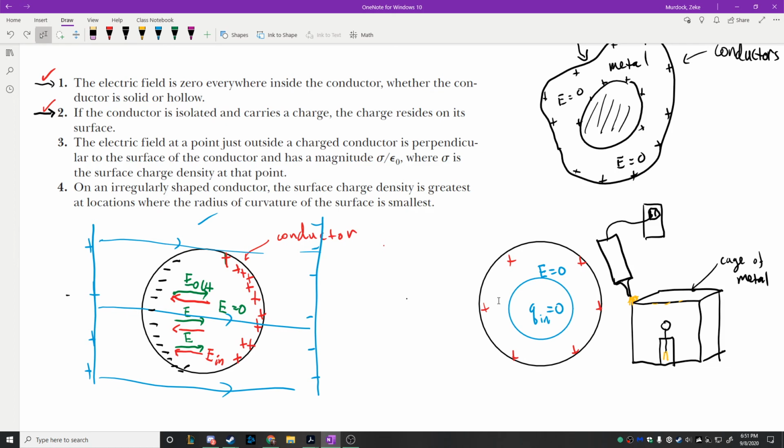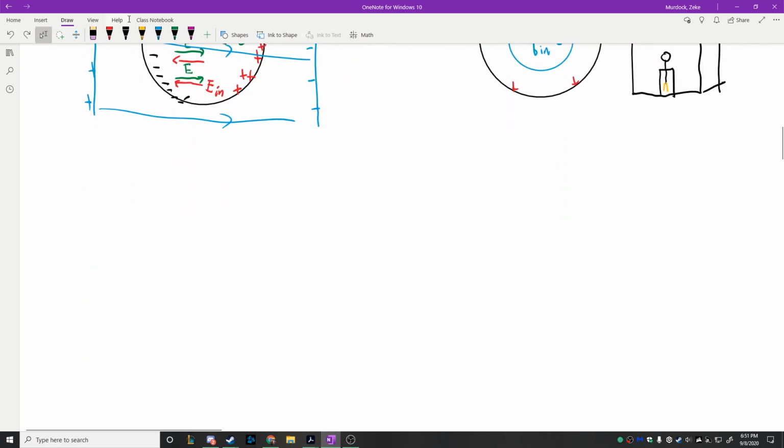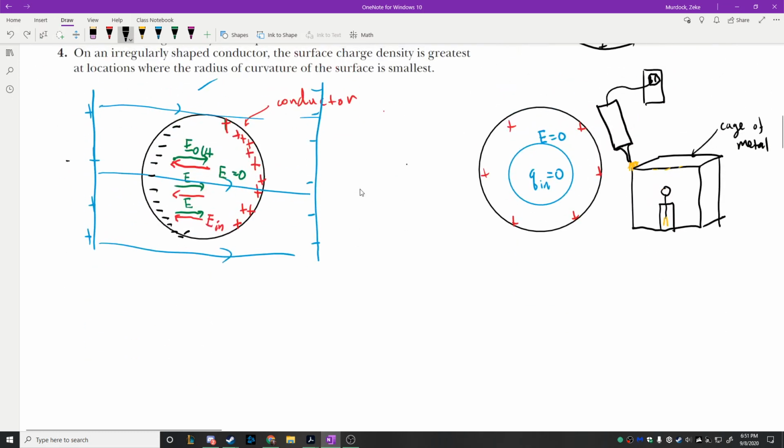All right, let's talk about this third one here before we go on break. Okay, so the last piece of this is that the electric field at a point just outside the surface of the conductor is perpendicular to the surface of the conductor, and has a magnitude sigma over epsilon naught, where sigma is the charge density. To prove this one, what we'll do is, here, let me move this